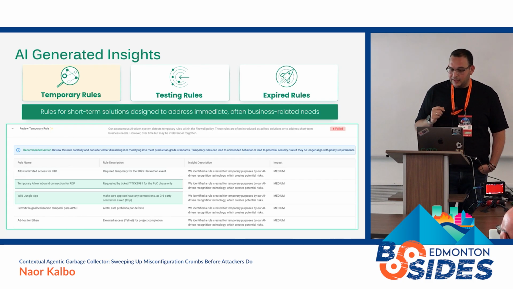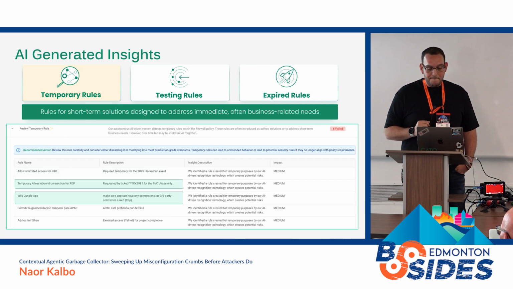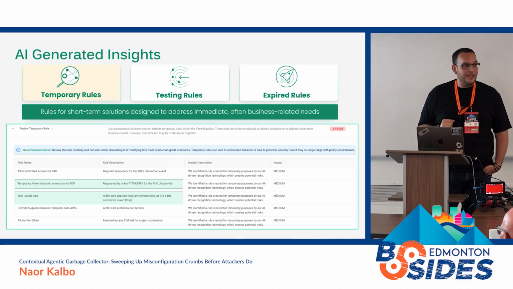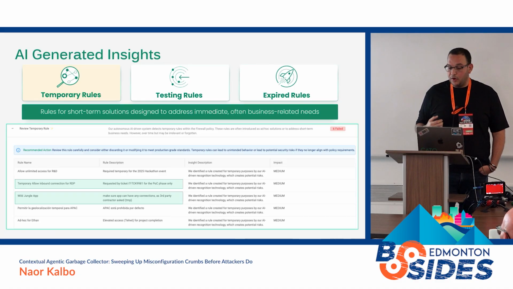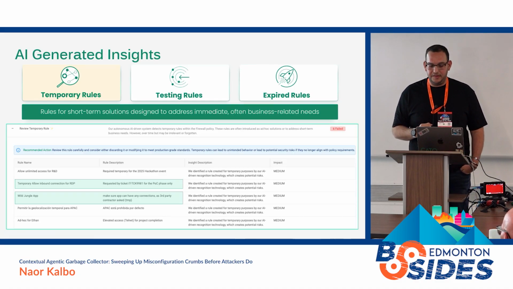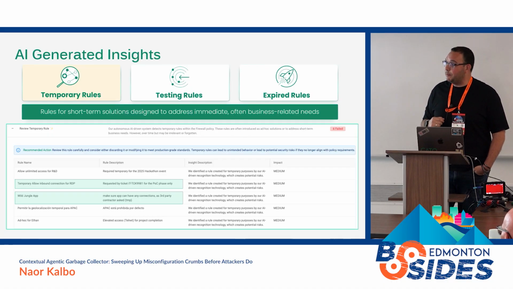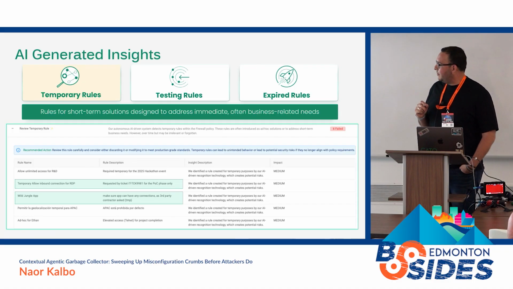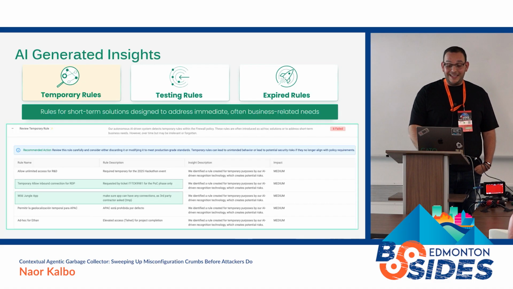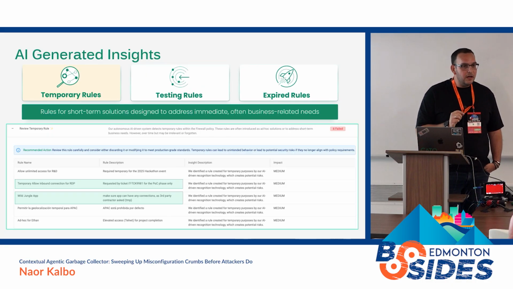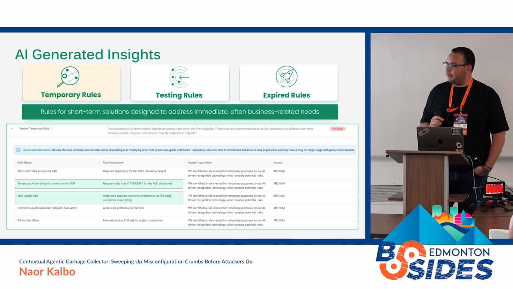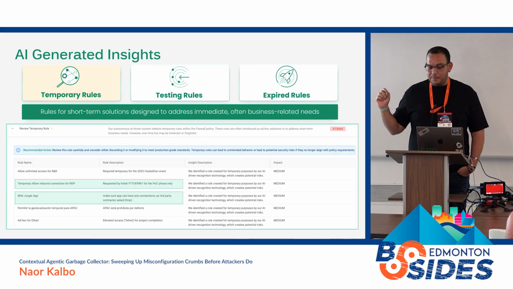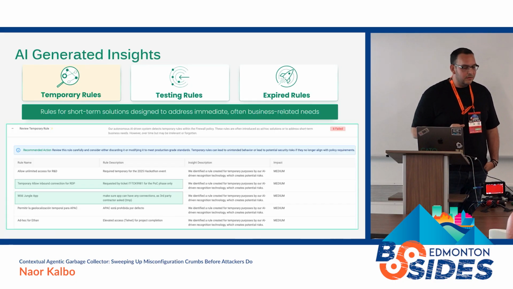Another example of a temporary rule is one allowing sensitive protocols or applications like RDP for the sake of a POC for a third-party contractor within the organization to complete some projects that they are currently having on the system. Let me emphasize that these sensitive protocols or applications were meant to be allowed only during the POC phase. So think how insecure and dangerous it is if that POC has ended, but that rule is still there.